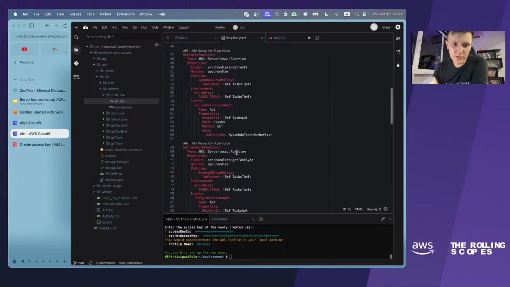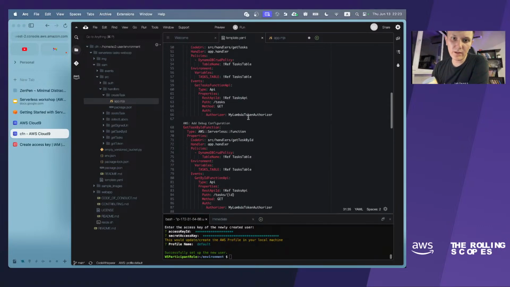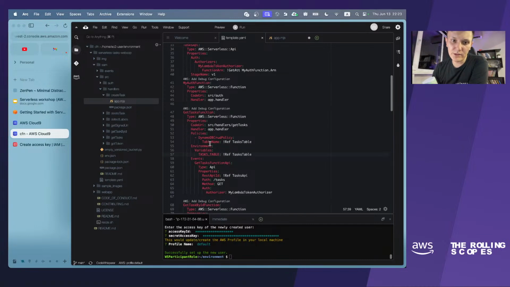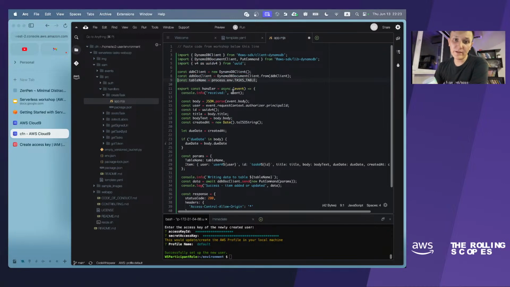You can go to any Lambda, and you can see that we have an environment block, and in the environment block we can see variables and this tasks table, which is just a reference to the tasks table resource which is created above this function right here. And then we will be able to retrieve this tasks table name in the runtime. Some magic here.